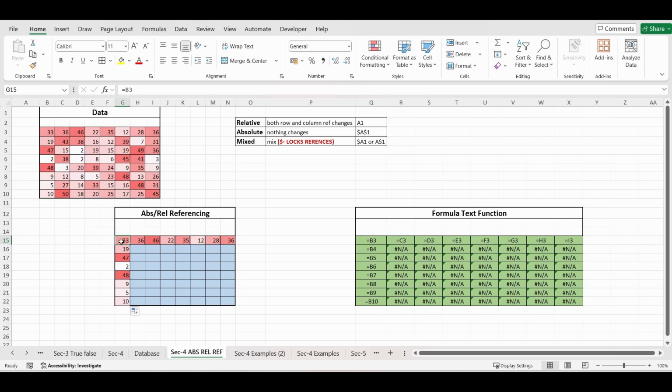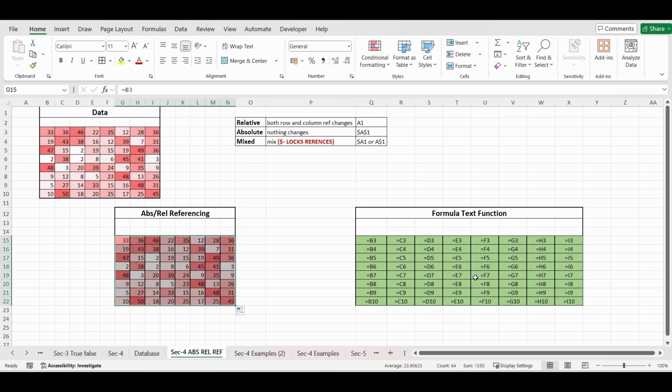And if I select this whole first row and quickly drag it down, you see how the formula is transferred. As we move across the columns, the column letter in the formula gets incremented. B converts to C, D, E, F, G, H and I. While across the same row, the row number doesn't change. If we move downward, staying on the same column, the row number gets incremented. B3 converts to B4, 5, 6, 7, 8 and so on.